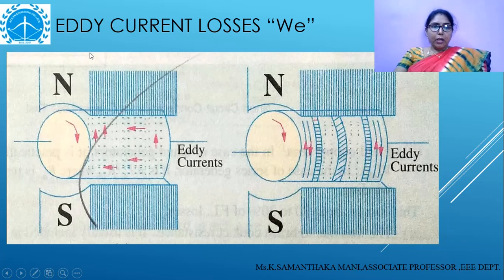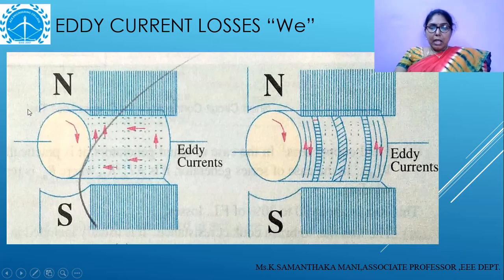Now, if you observe the slab in the first case, the possibility of having larger currents, magnitude wise, is higher. These currents will flow within the core material, so the eddy current losses will be more and more. But these are unnecessary for us and we need to reduce them.